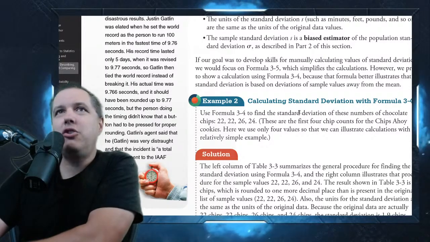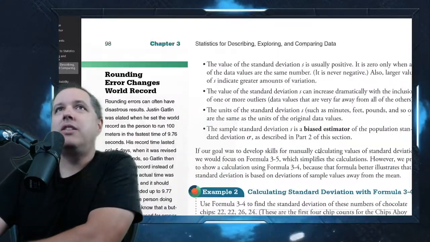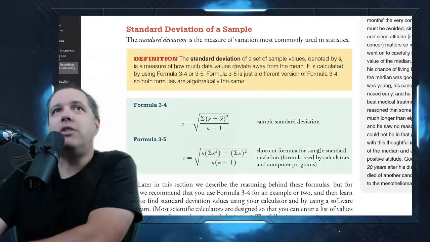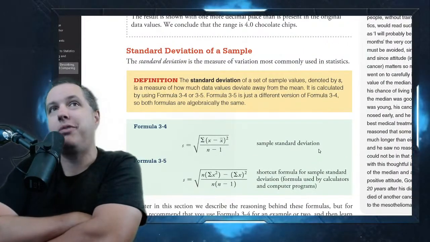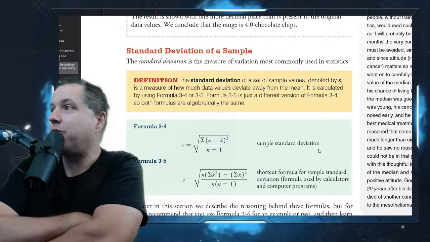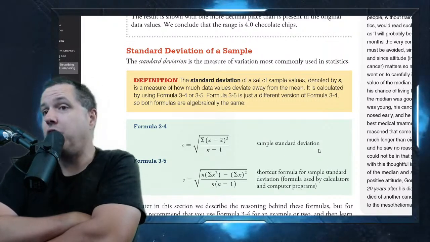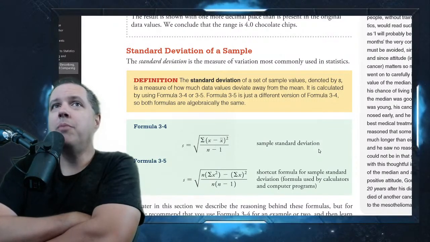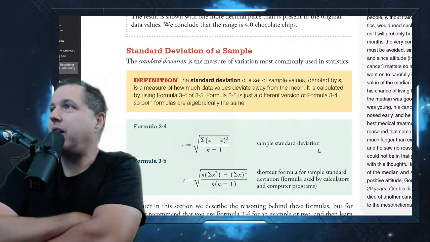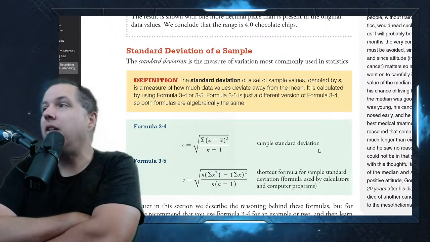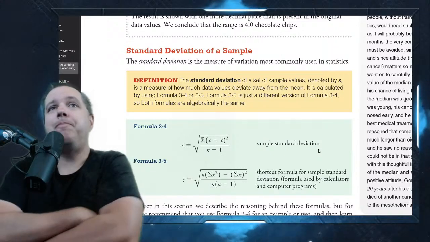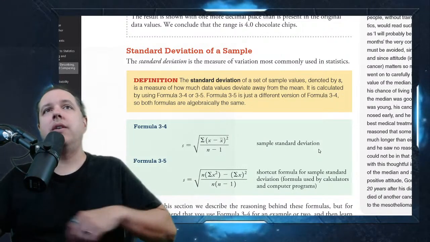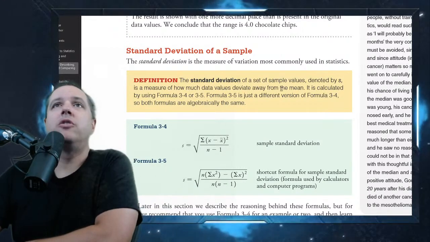I would encourage you to just look this over, because the standard deviation is one of those things that when you see this formula, your brain is just like, I don't know, that looks really complicated. I'm just going to have StatCrunch do it for me, which is what we're going to do most of the time. But it's actually a formula that you can break down and understand pretty well, right? You can look at it and go, oh, I get what's going on here. And it makes sense, right? So anyways,